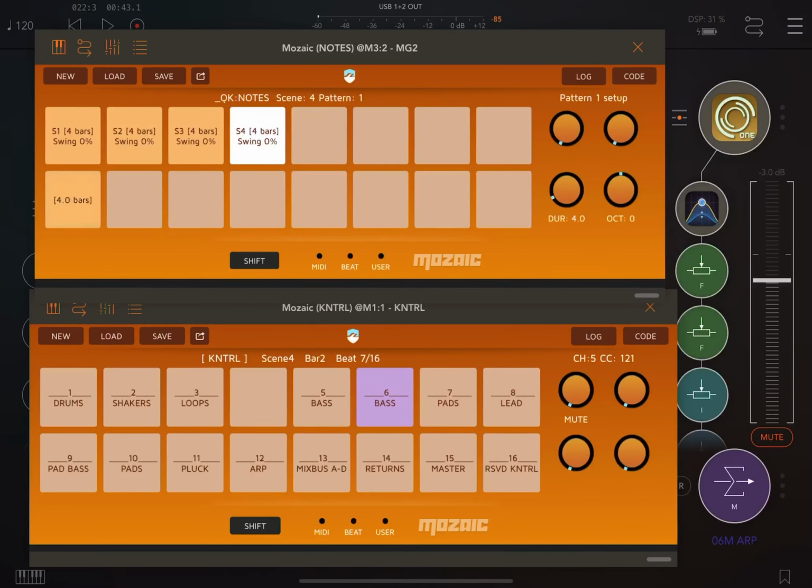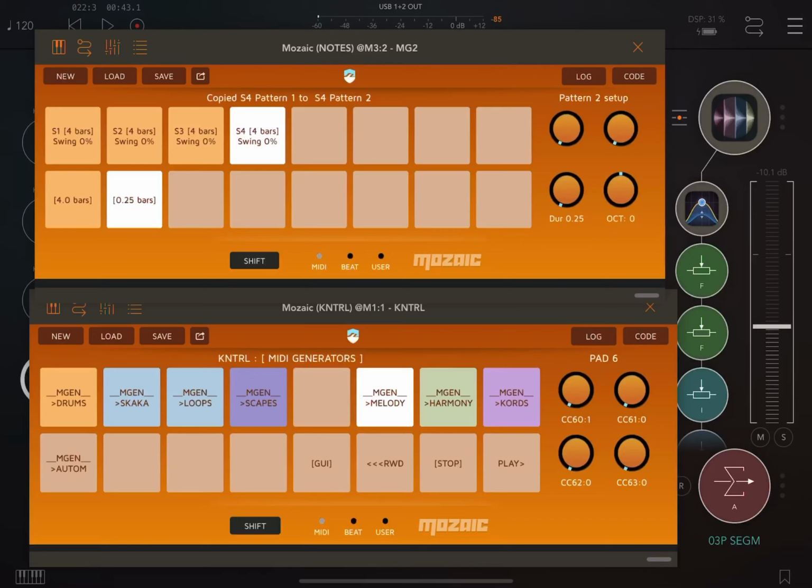I'm now going to use my MIDI controller to adjust the pattern length to 1 bar for that one, and we'll adjust it to 3 bars for that one. So now when we play this scene, we'll have 3 bars of the first pattern and 1 bar of the second pattern. At the moment they're the same, so let's come back in here to sequence generation,